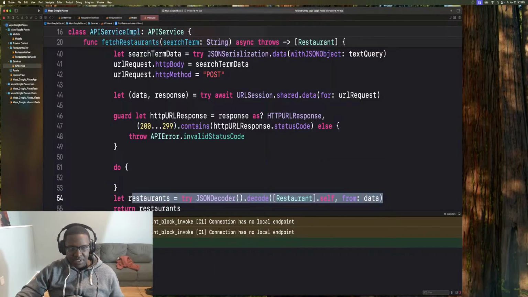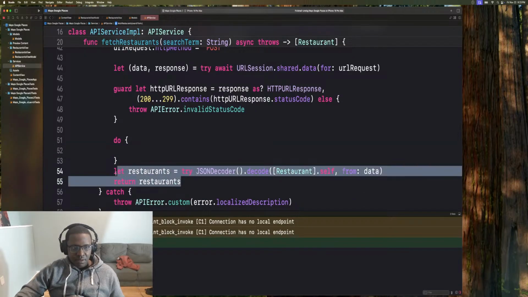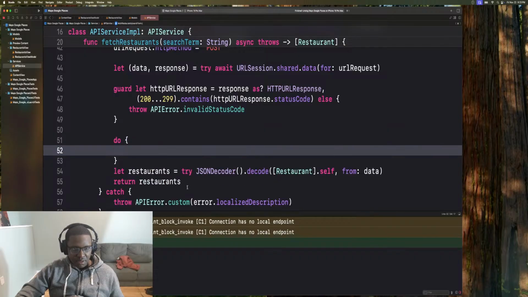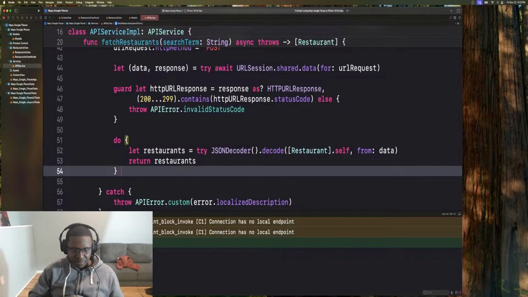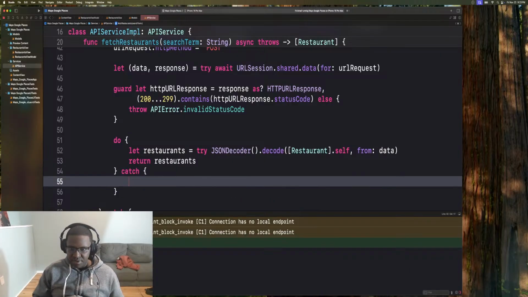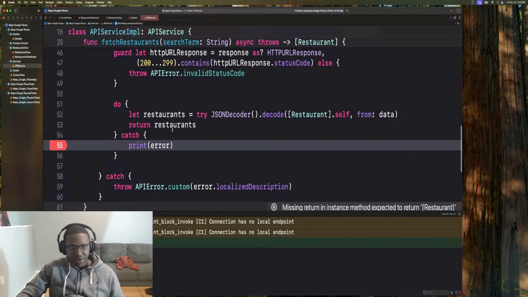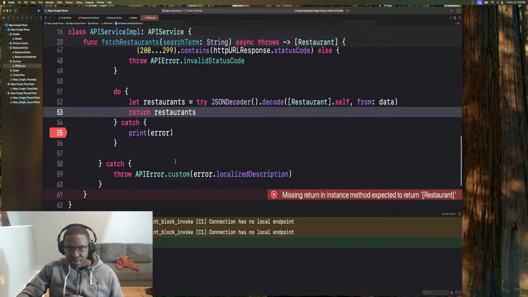So I'm going to grab this. Do both of these. I'm going to grab these and put them in their own do block right here. And I'll say catch. And this is one of the beauties of coding live. All right. Then we're going to put a print here, error. And then if it's a decode error, we'll hit this right here. Otherwise, we'll just